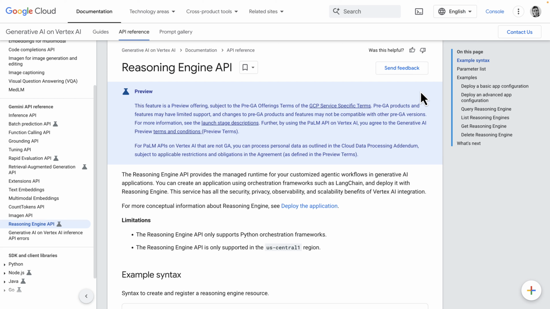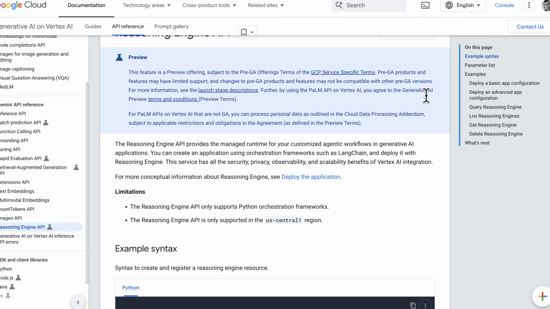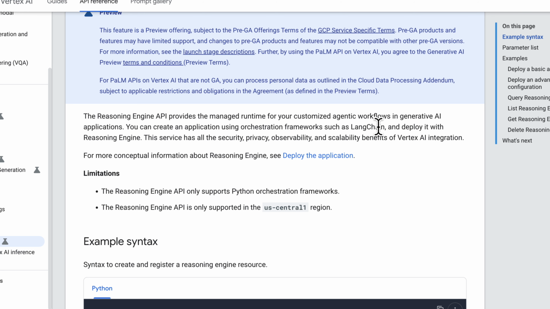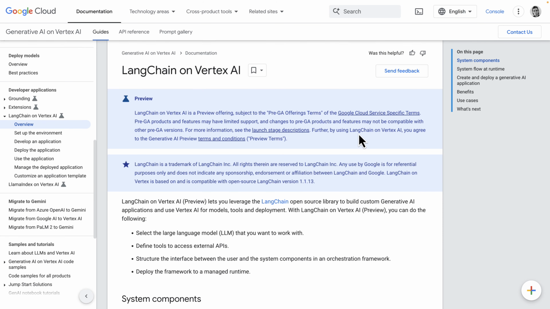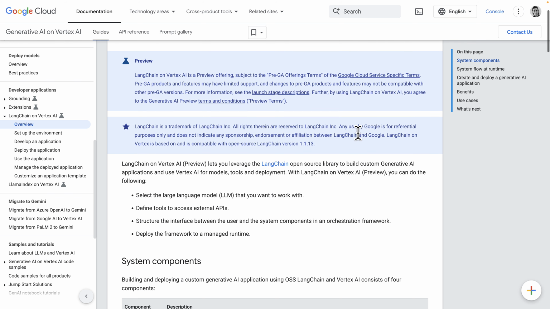If you're a Langchain user, you should know that you can now run Langchain apps on the Google Cloud Platform using the Reasoning Engine API. This is basically a managed runtime for any agentic workflows with different orchestration frameworks. An example would be Langchain. So Langchain on Vertex AI is basically using Reasoning Engine to host a runtime for you to run your Langchain